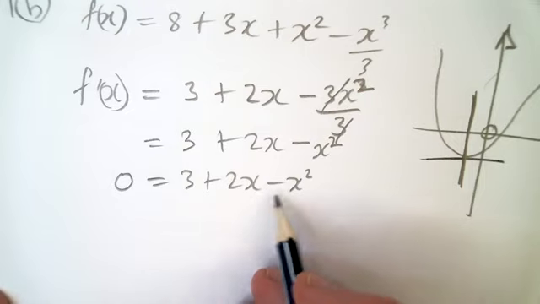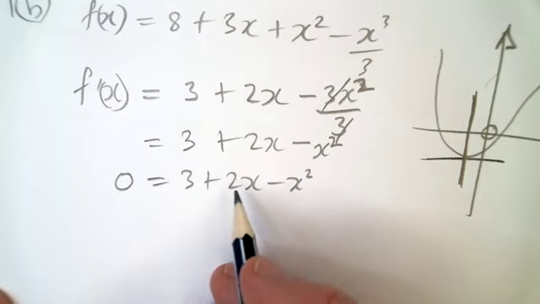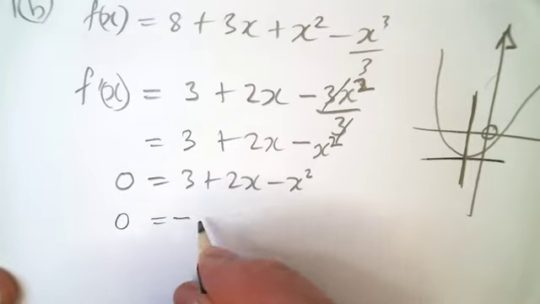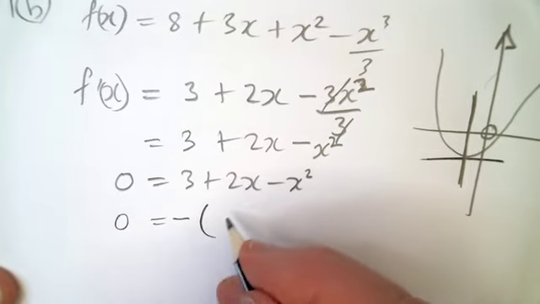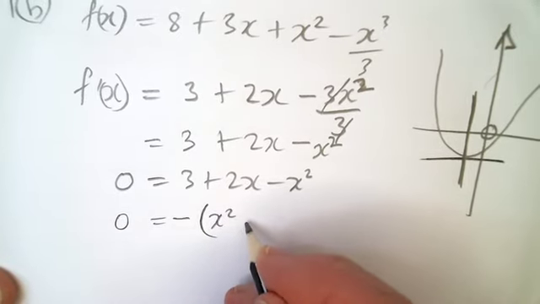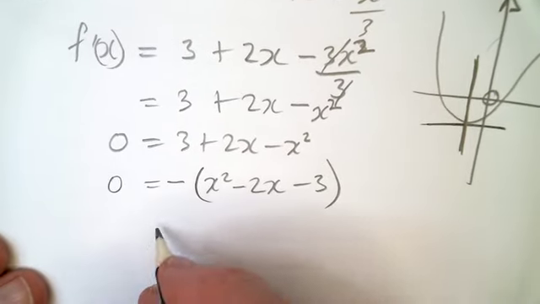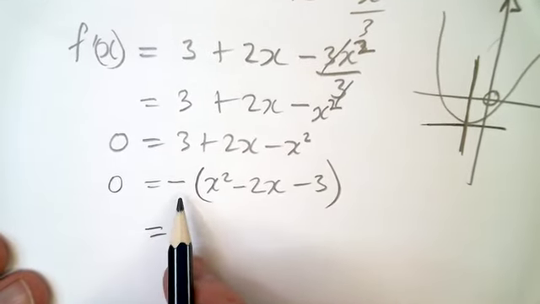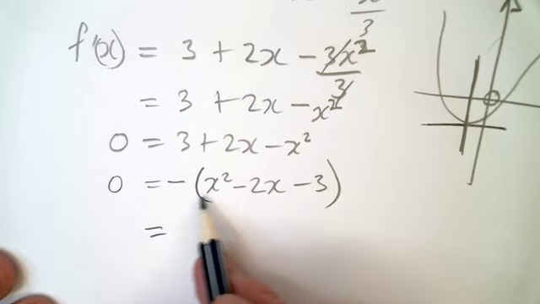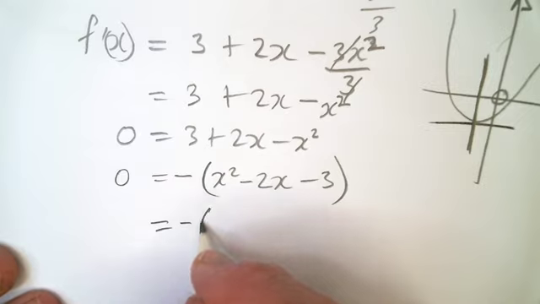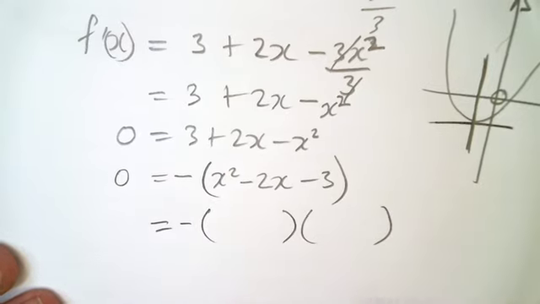So first thing I'm actually going to do is I want everything to be positive. It just makes life easier. So I'm just going to say that 0 is equal to negative, and this is going to be x squared minus 2x minus 3. And now we're going to go ahead. So it's a negative cubic. In this case, this will be a negative parabola now. So it's going to be negative, and I'm going to have two sets of brackets,